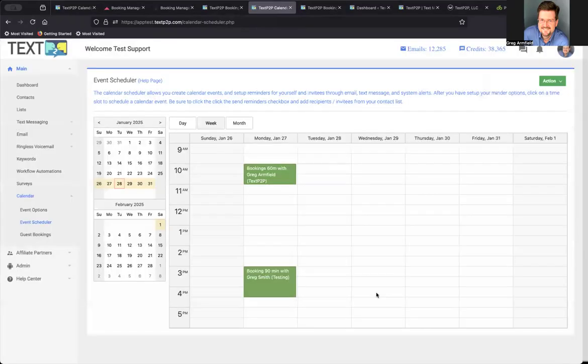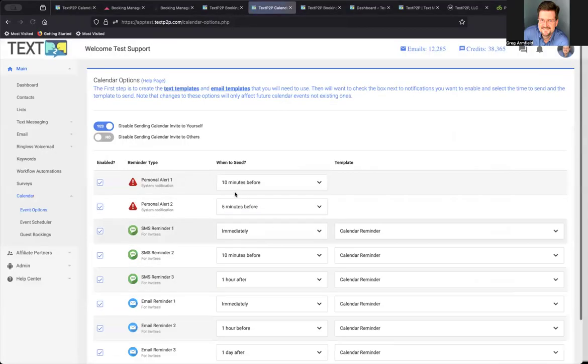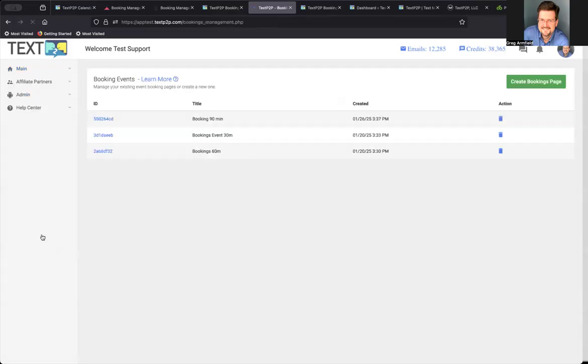An email notification will be sent to you and the person if you have these buttons disabled, right? So there's a setting to disable sending a calendar invite to yourself. If you want to do that, you just turn that on, but by default, it will be off and you'll get the calendar invite. And this is off by default, so others will get the calendar invite when they book